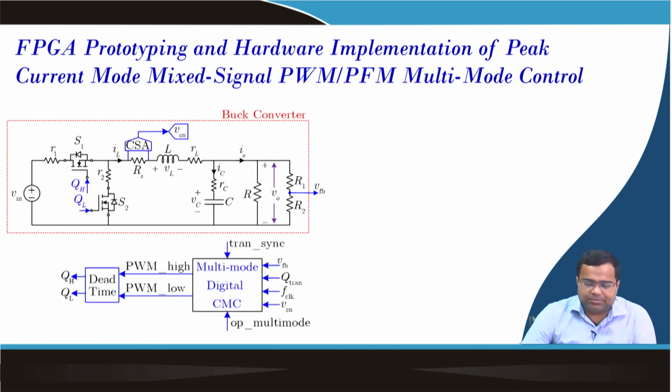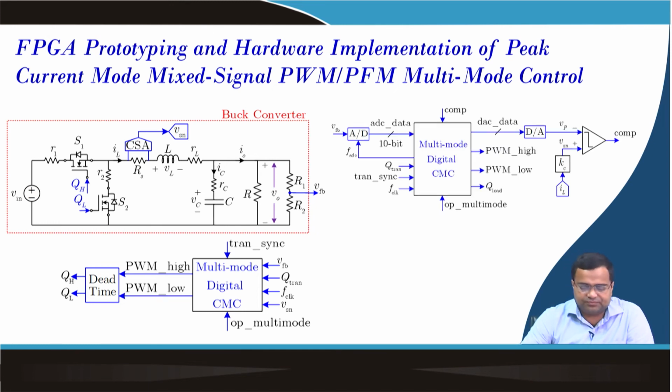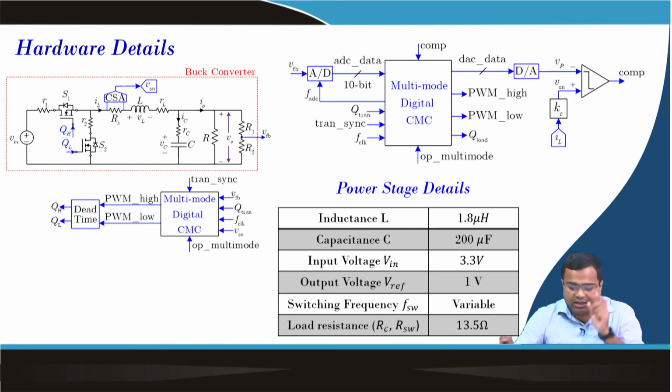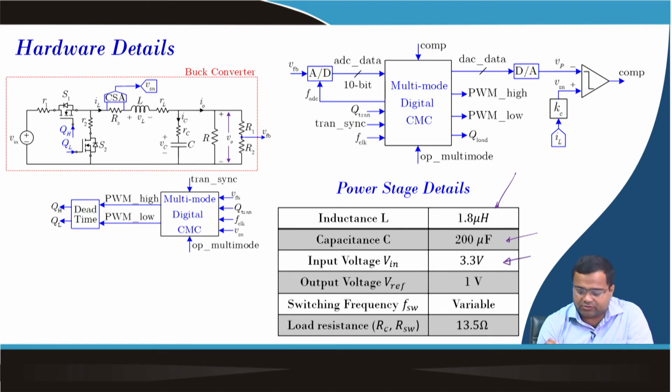So, now we are going to show FPGA prototyping and hardware implementation of peak current based mixed signal PWM PFM multi-mode control. So, this is the block that we have to synthesize in Verilog, we have discussed. Now, we want to show the hardware result, and we are using our hardware prototype with a 1.8 microhenry inductor, 200 microfarad capacitor. We are going to test at 3.3 volt input, but the user can use different specifications, and we are using 1 volt output. Switching frequency is varying for PFM, but it will be fixed for PWM, which is 200 kilohertz,